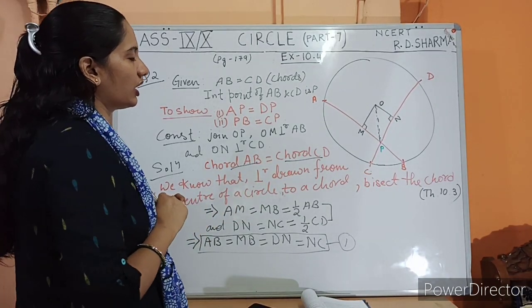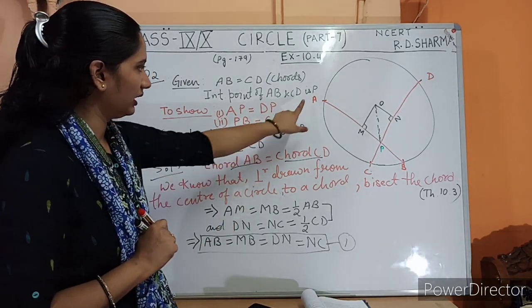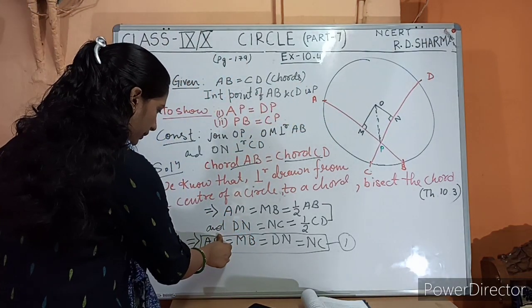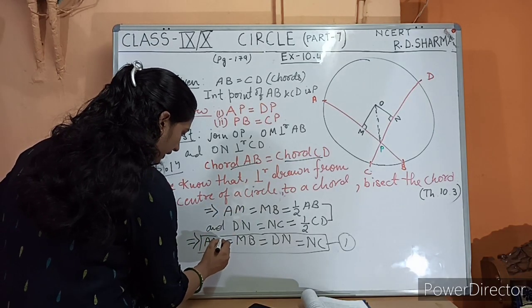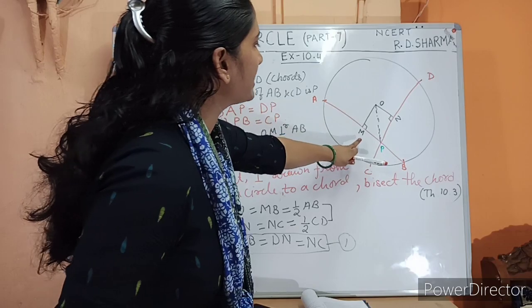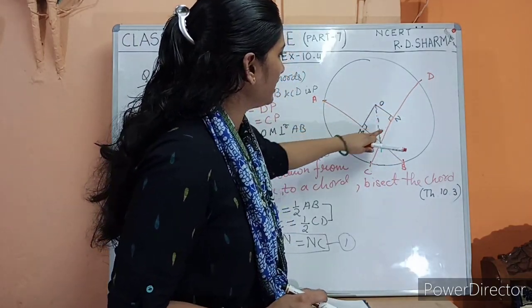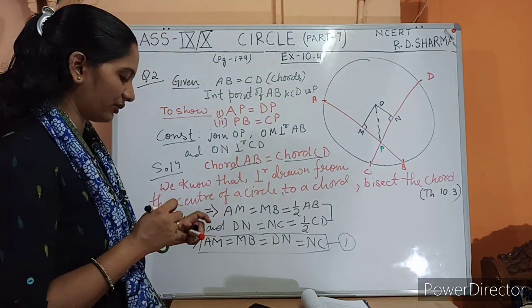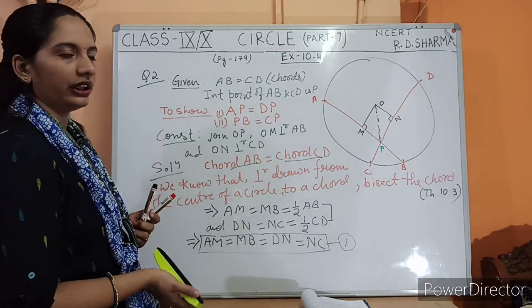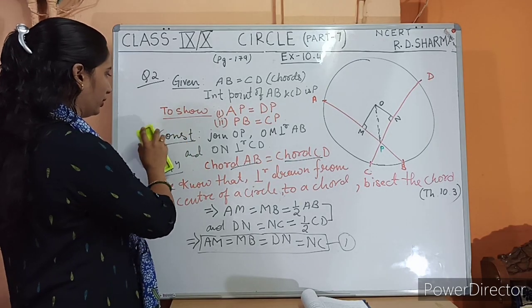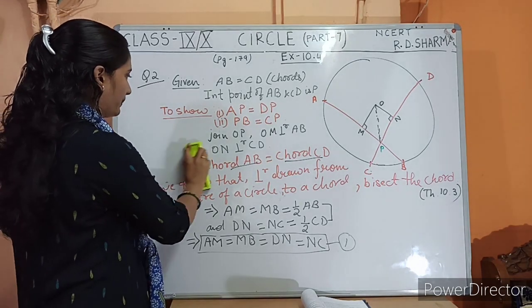Okay, fine. So just now we proved that AB, sorry, not AB, it should be AM. By mistake I have written, it should be AM. AM is equal to MB is equal to DN is equal to NC. ये हमारा फर्स्ट इक्वेशन हो गया. Okay. Now I'm just rubbing out. If you want to note, you may just pause the video and note it down. I'm just rubbing from this construction part itself.